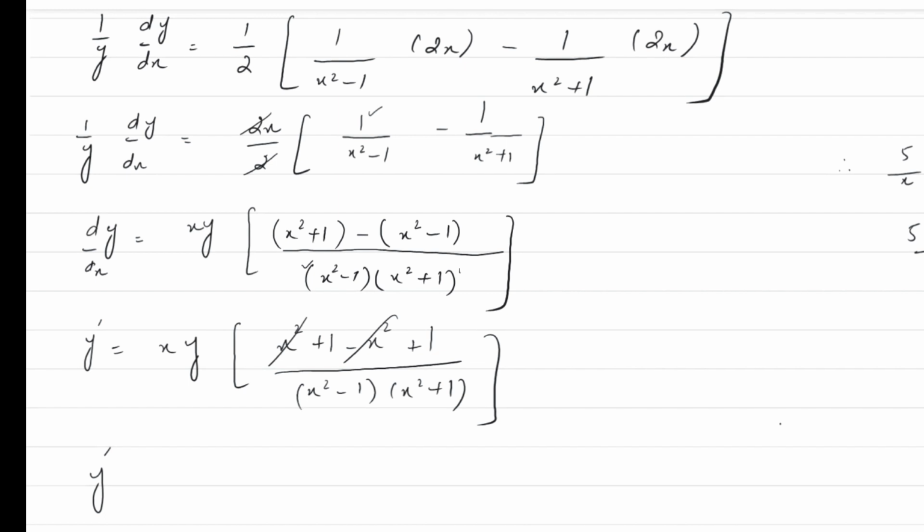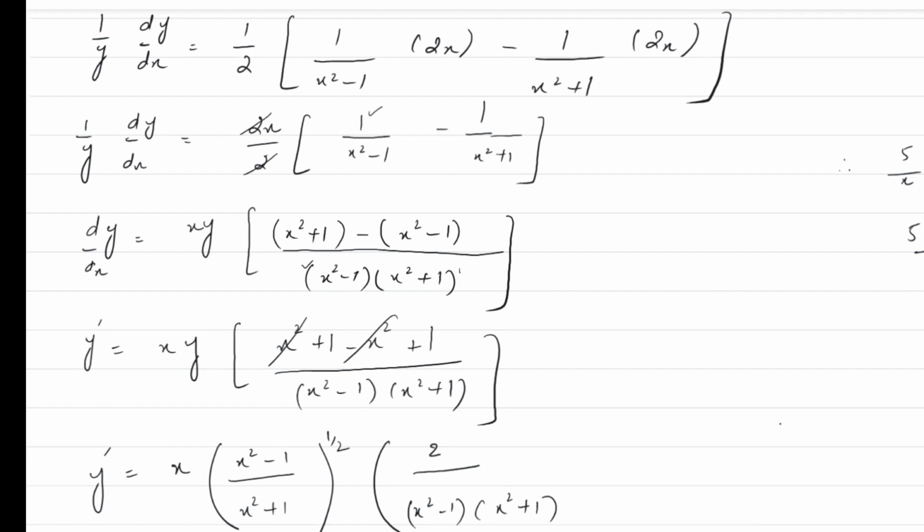Cancelled, is equal to x into what would be the value of y? It was x square minus 1 by x square plus 1 whole raised to the power 1 upon 2 into 2 by x square minus 1, x square plus 1,